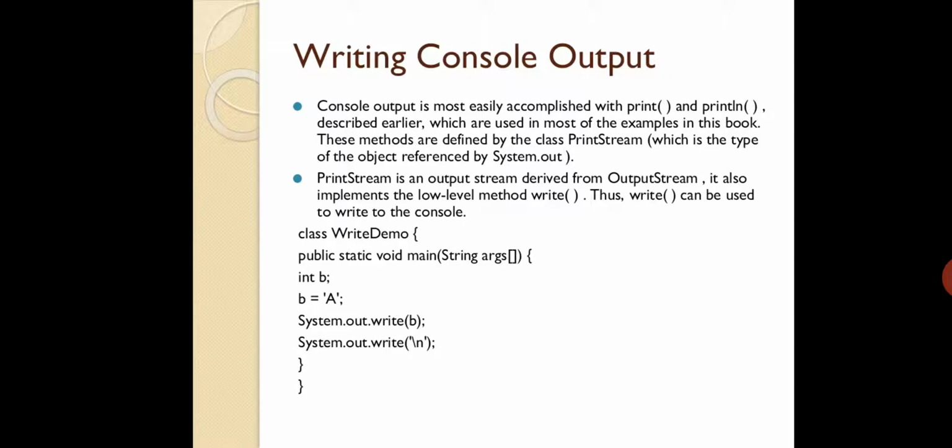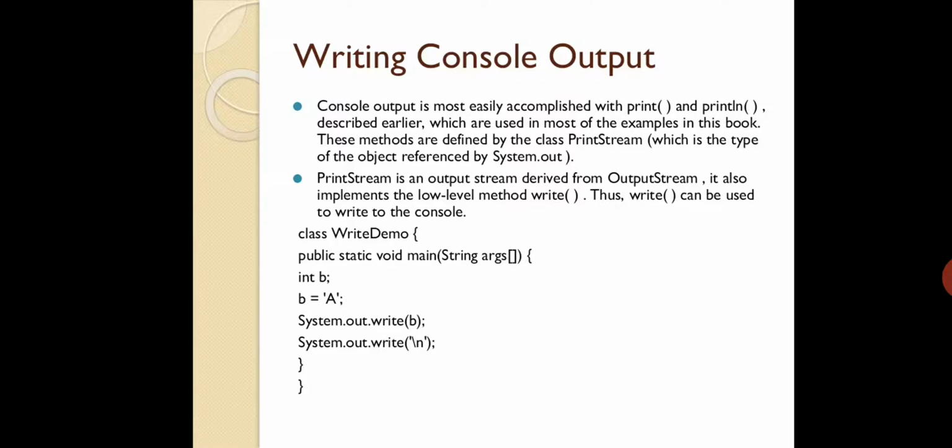It also implements the low level method write. So what is that low level method? You use the write method to put information in binary data. If you have bytes or binary information, or if you want to process binary things, then you go for low level things. Whenever you read the word low level in any textbook, in computer science, it means binary systems, dealing with zeros and ones. Because at low level, the system only understands zeros and ones. It will never understand characters, lines, images, videos, audios, anything as such. Fine.